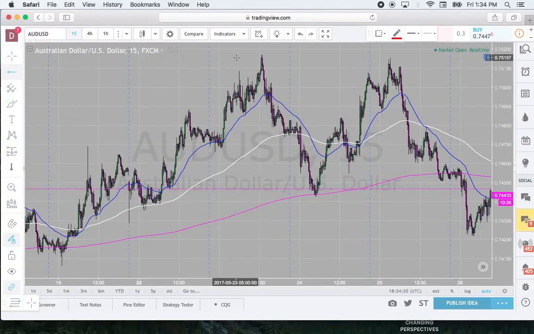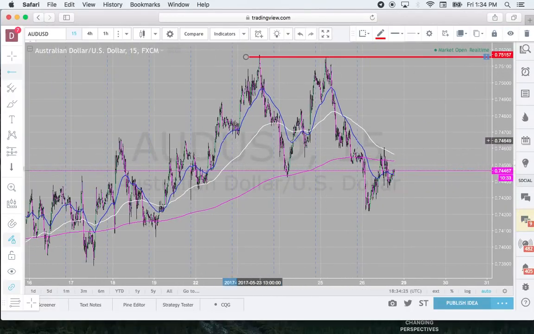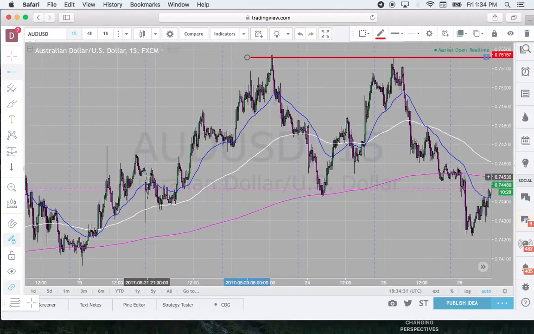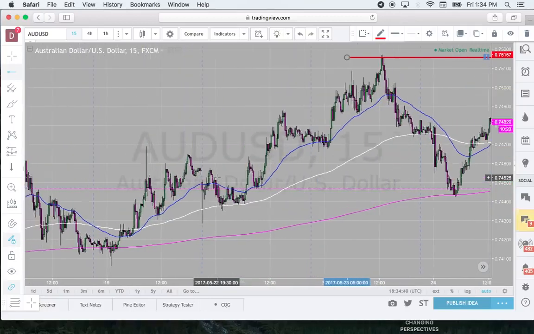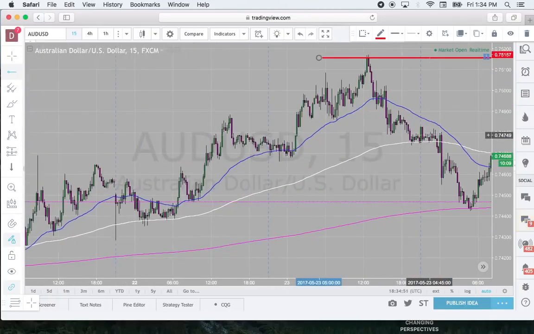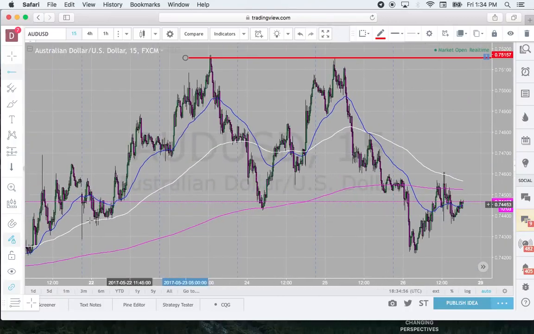We can see the high of the week was formed 3 days ago, almost 4 days ago. Here's Sunday, the gap, the beginning of the week. They came up. The dealers came up. Notice, alright, I didn't plan anything ahead for you guys. I don't have any script, but I'm just going to play along, go day by day here, through this whole week, the whole 1, 2, 3, 4, 5 days,